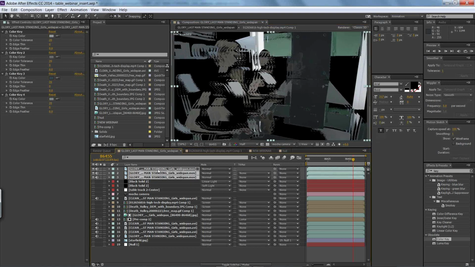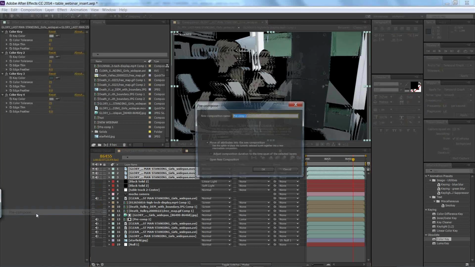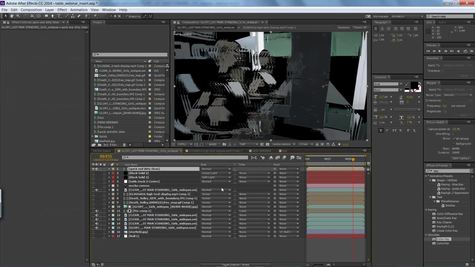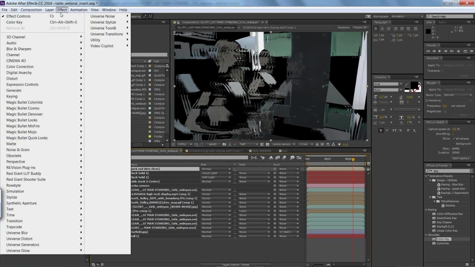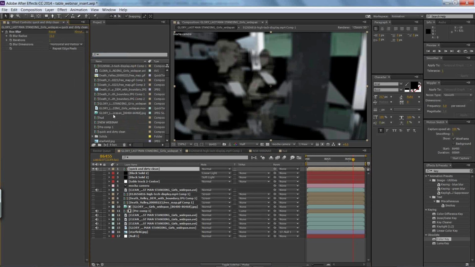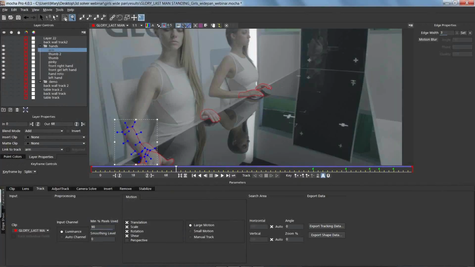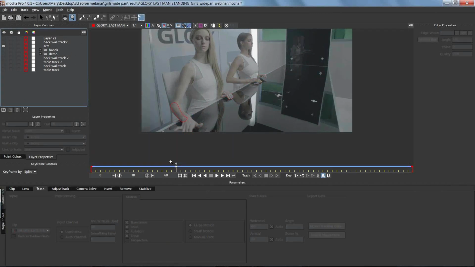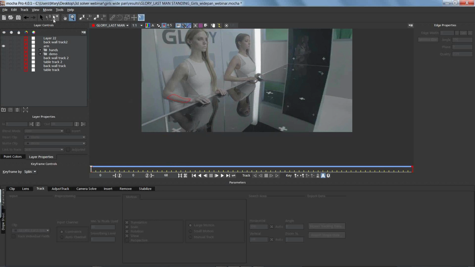nudge it over. I tend to do a complete pre-compose of these, so I go to Layer, Pre-compose, and I call this quick and dirty clean. Okay, and from here I go to Effect, and I go to a blur, and a box blur, and let's do like a 15 box blur. And then from here I take a matte of my markers. Now you can do a matte of your markers pretty easily. You can hook it up to the track of your background. So we've got this table track, so let's come in here